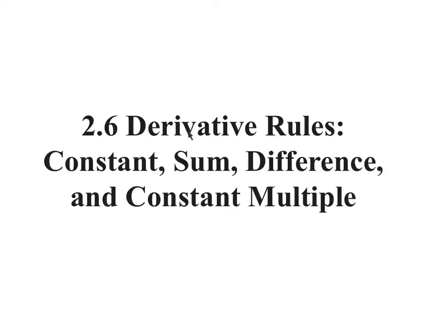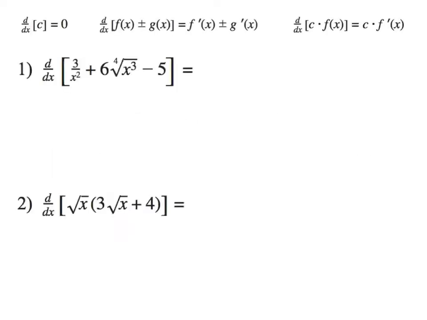Section 2.6, Derivative Rules. Constant, sum, difference, and constant multiple. So we are going to add 3 more properties or rules to derivatives. Actually, this is 2 rules, but it's really the same. We'll talk about it. So if I want the derivative of a constant, like, say, 3